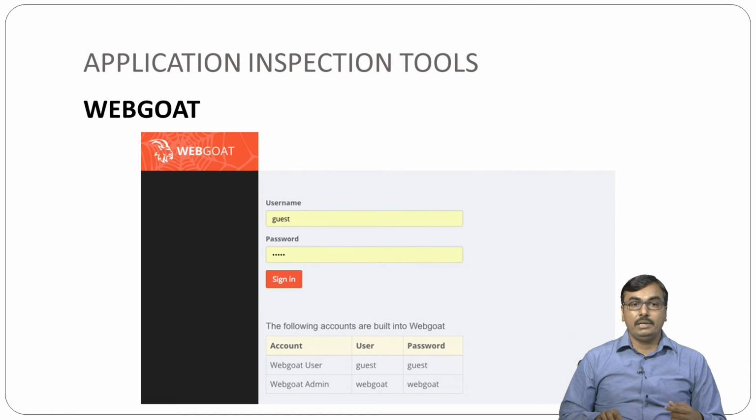You can see in the table there is account, user and password: the WebGoat user is guest and the password is also guest. If you would like to use the admin credential, then enter webgoat as the username and webgoat as the password.